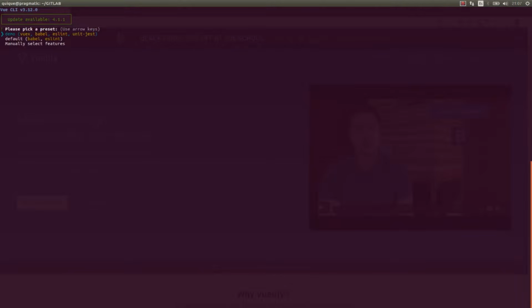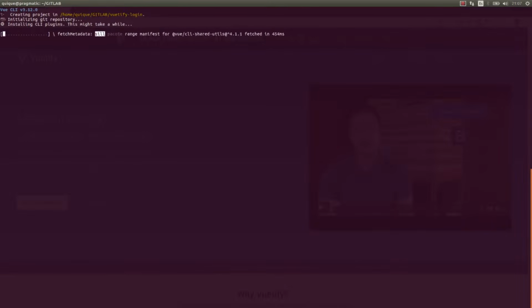We're going to select the first option here. This is going to initialize the Vue.js application without installing Vuetify. We're going to add that dependency